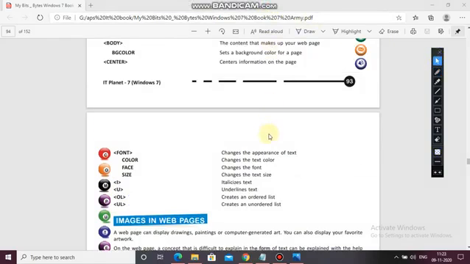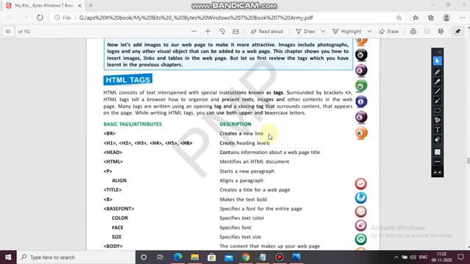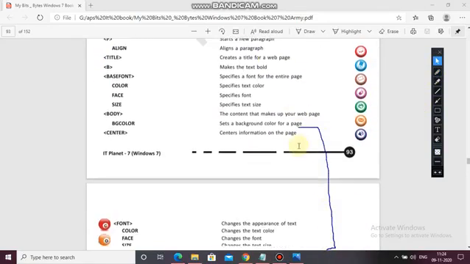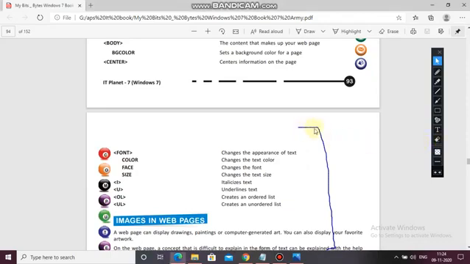So these are the basic tags which we have seen in our previous chapter, and also used these tags in our web page for creating some small creativity in our text, in our web page. Okay, so now we are going to deal with images in